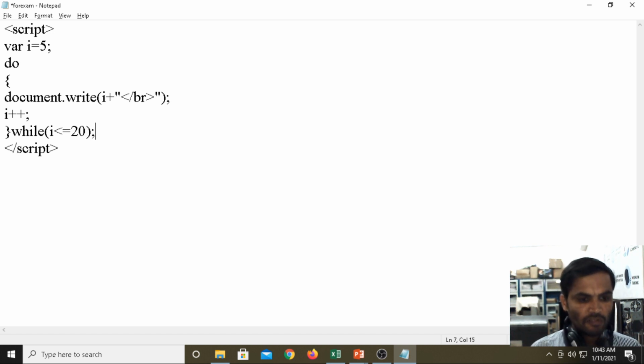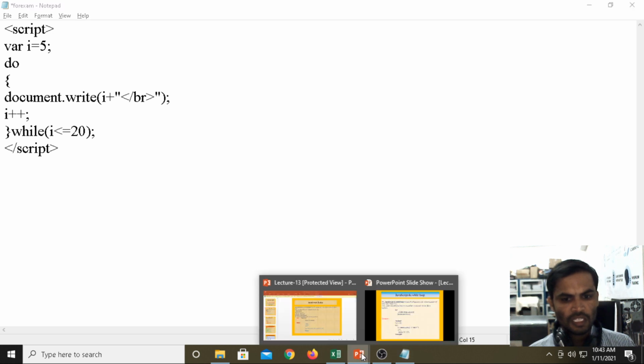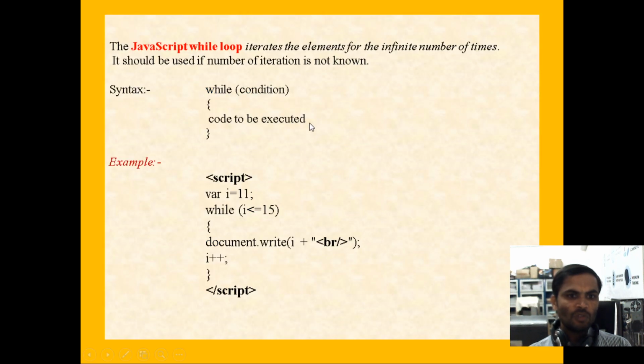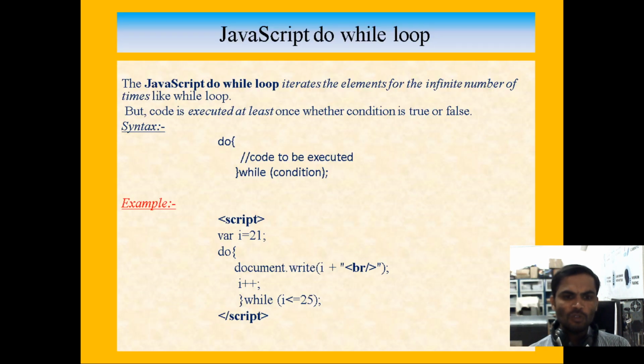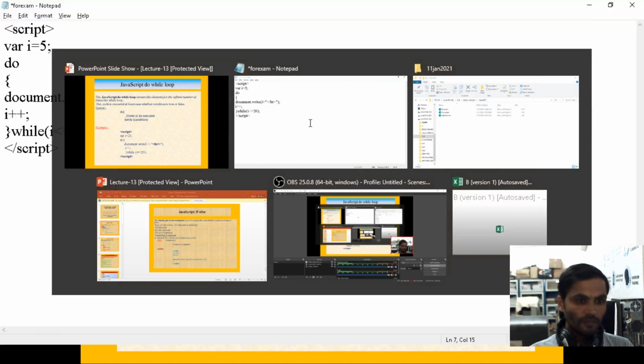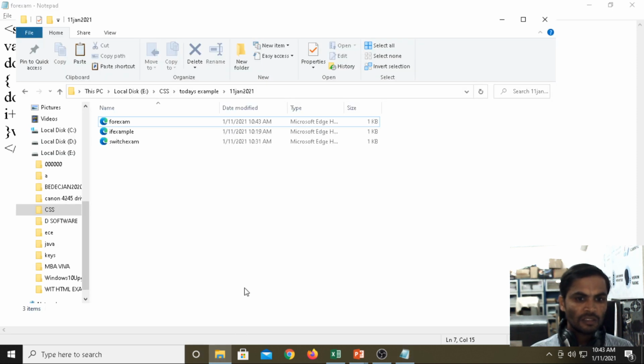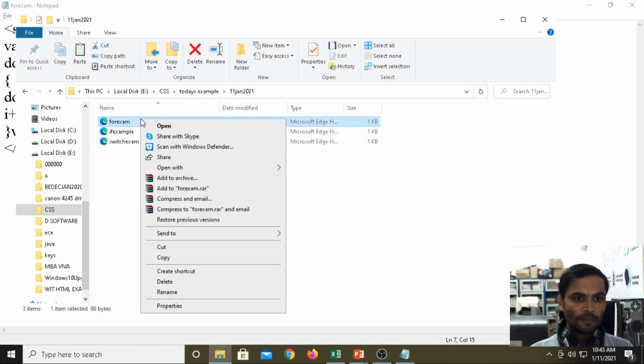See the condition. Observe properly for the previous program, while and do while. Coming to the while, the condition is executed first. Coming to the do while, the condition is executed last, then again it goes back. Then I gave i less than or equals to 20. Now we are saving the program. Control S, then run the program.